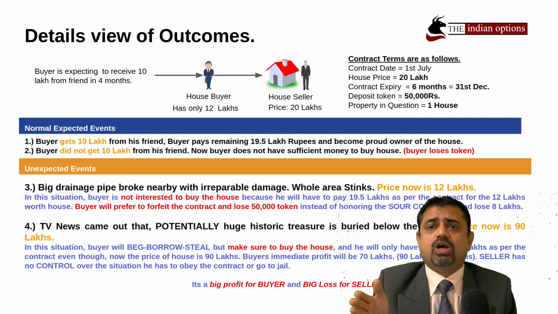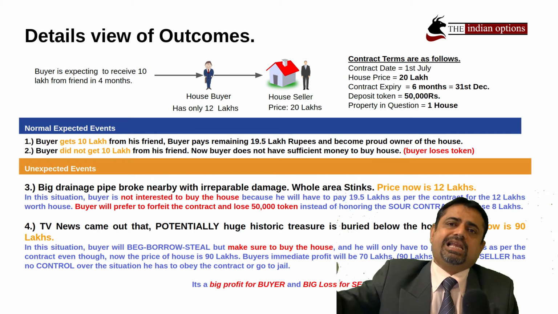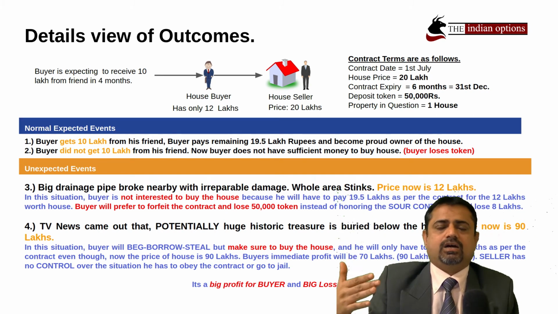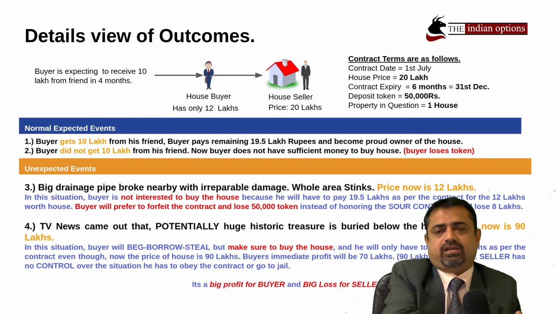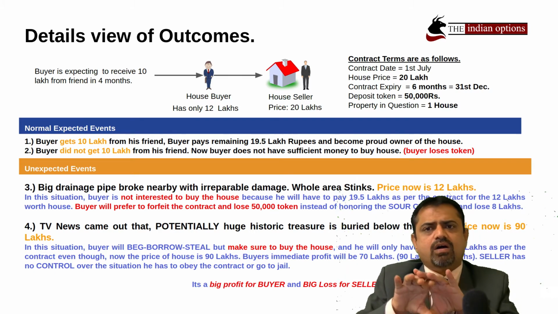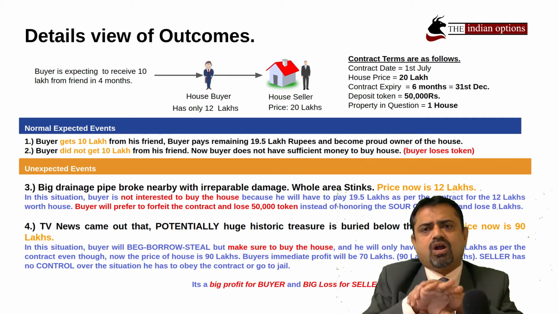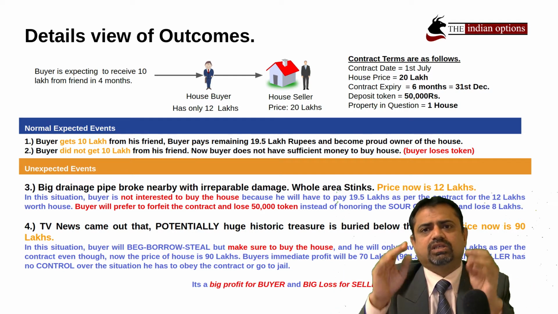This is a very big loss for the seller because of that stupid contract he made 6 months ago. Now, because of this news, though the price of the house is 90 lakh rupees, he will have to sell that house to the buyer at a loss of 70 lakh rupees. This contract is very law-abiding. When you are an options trader, you have to really obey the contract, otherwise money will